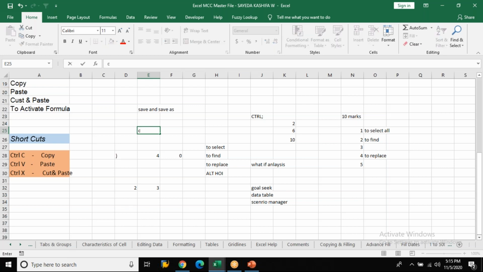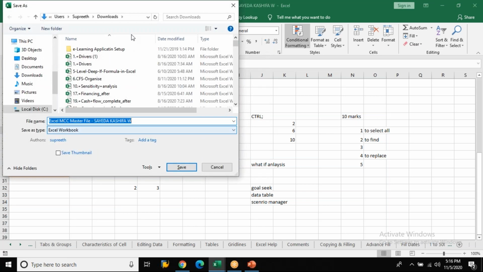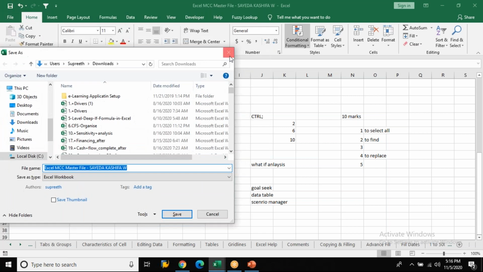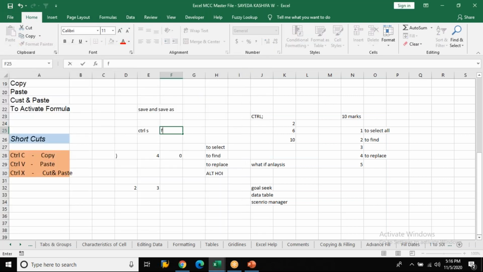Shortcut for save is Control S. For save as, there is one more shortcut, which is function F12. The minute I do F12, see what happens. A dialog box will open up where I can save it in some other file. So the shortcut could be F12.